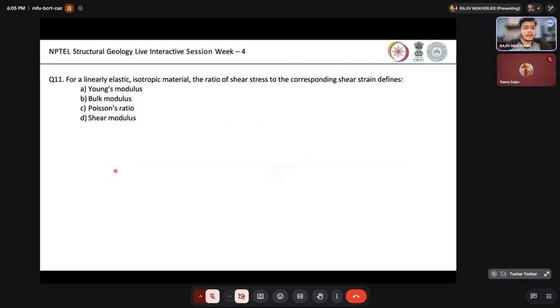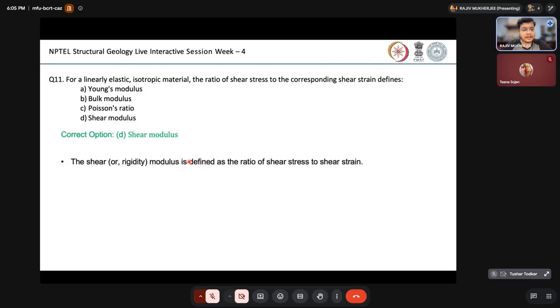Okay, question number 11 is quite easy. For a linearly elastic isotropic material, the ratio of shear stress to the corresponding shear strain is defined as Young's modulus, bulk modulus, Poisson's modulus, or shear modulus. Option D. Yeah, of course, it is the shear modulus, which is also known as the rigidity modulus, is defined